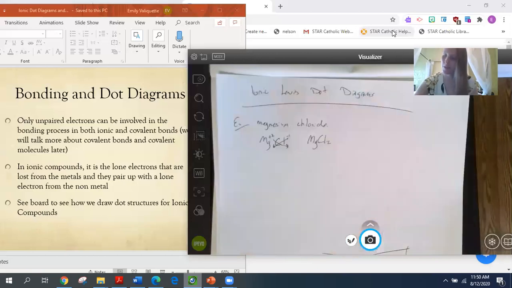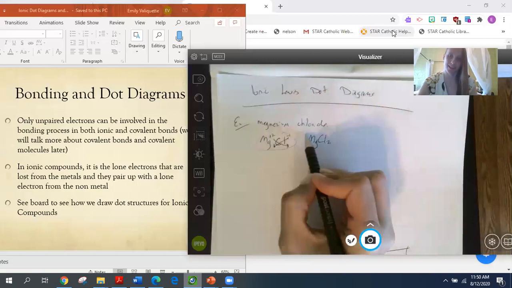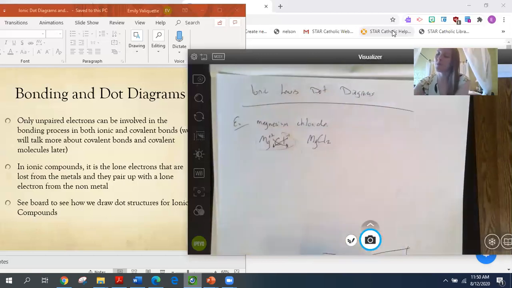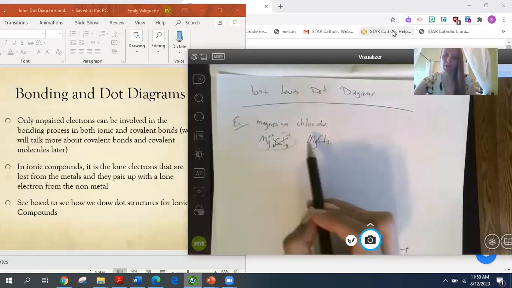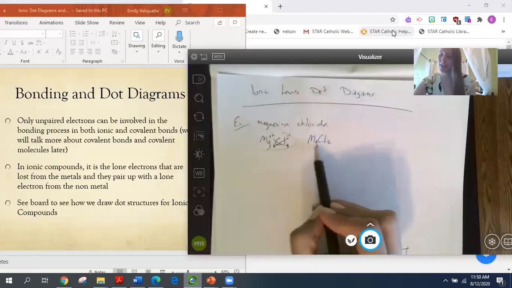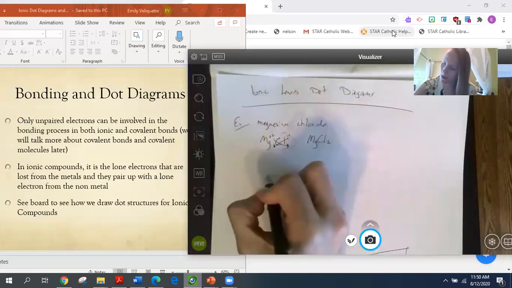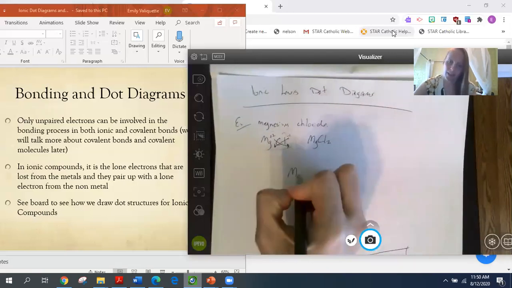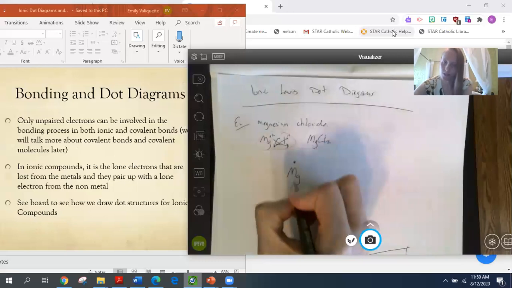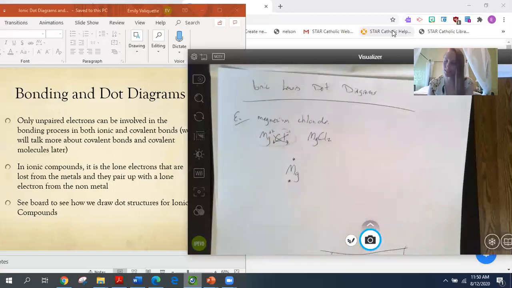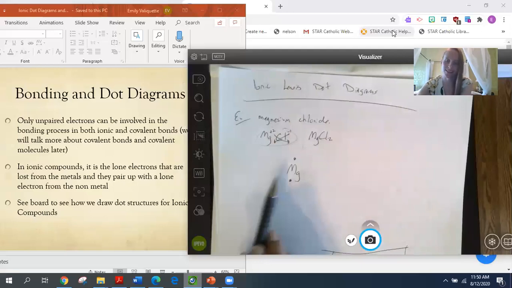You don't have to show this whole process. You can just jump right to the formula. That's also fine. But the reason why it's handy to have the formula written out is that it tells us that when we draw this, we're going to need 1 magnesium and 2 chlorines. So I'm then going to draw out my magnesium. Magnesium is in the second column of the periodic table, meaning that it has 2 valence electrons. So 1, 2. Draw them on opposite sides,